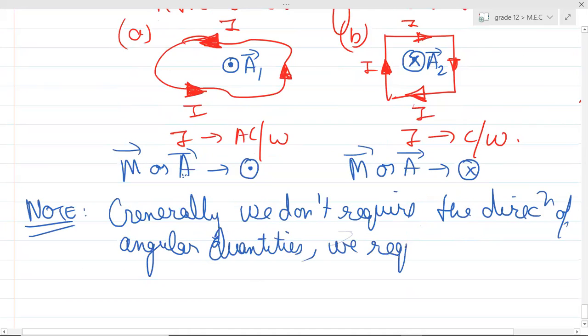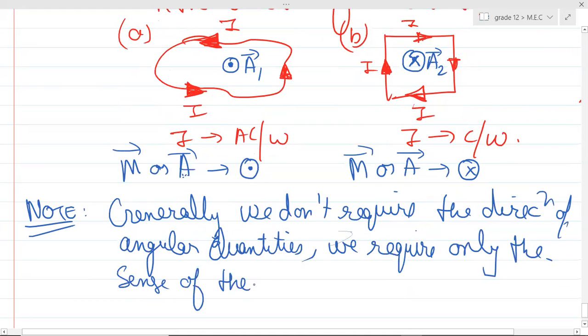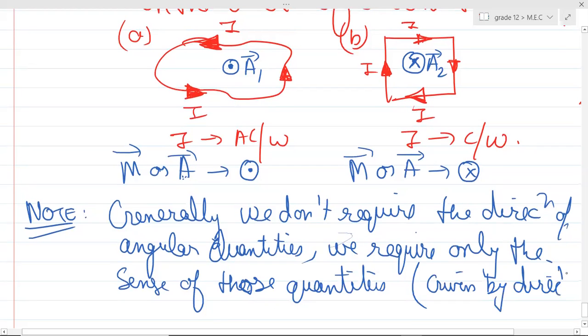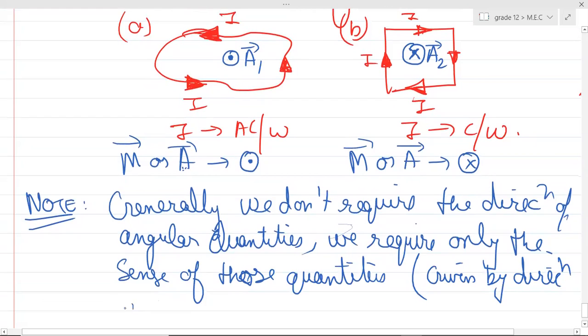We require only the sense of those quantities. Sense, you understand that, guys? Please remember, the sense of angular quantities is given by the direction of curling